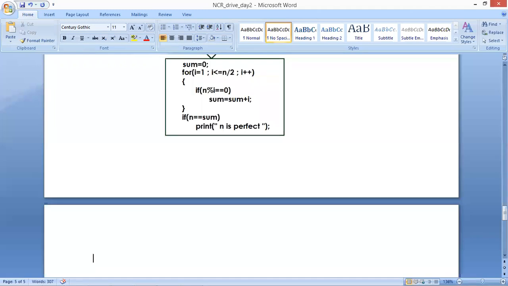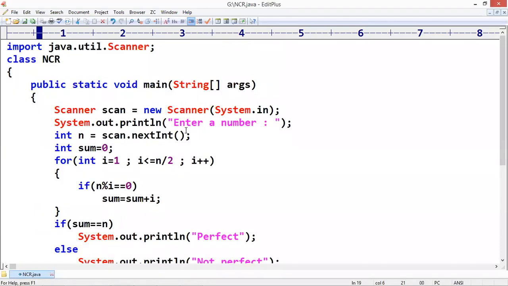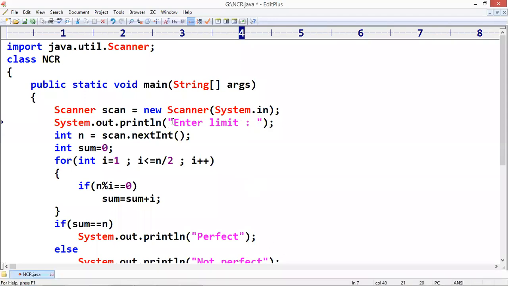If they give 1,000, from 1 to 1000, how many perfect numbers are present? Within the range, you can easily find out. It's not a matter. The code is, first we are expecting enter limit. They will input the limit.